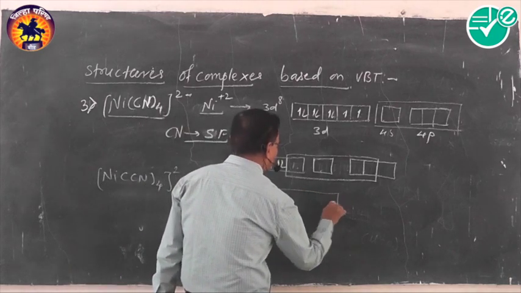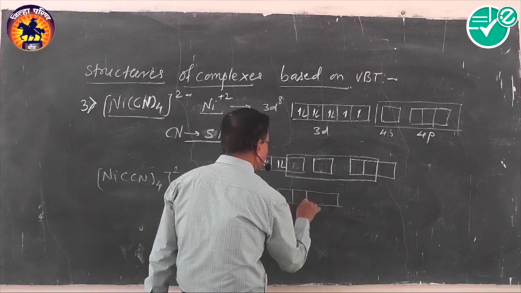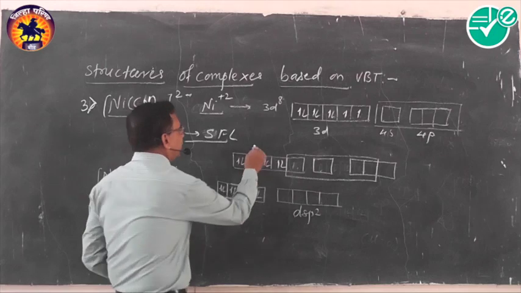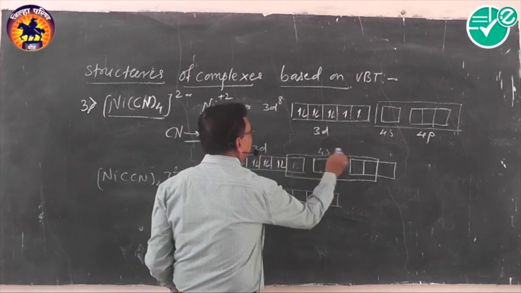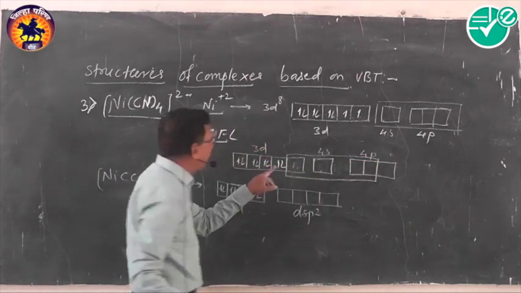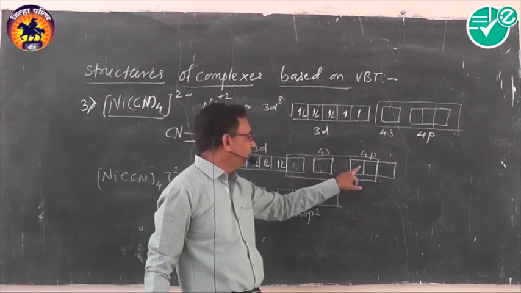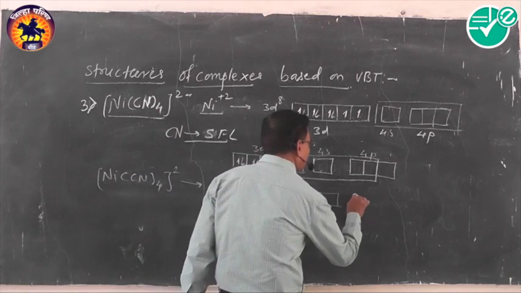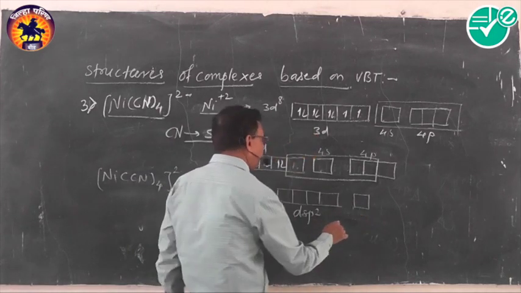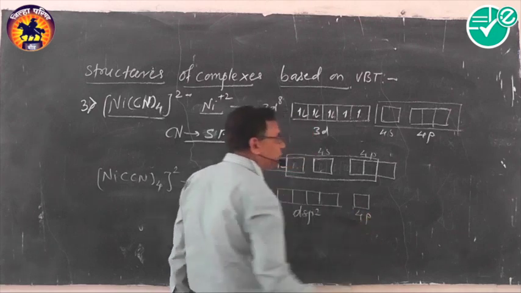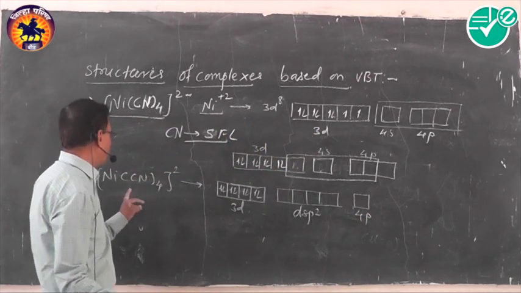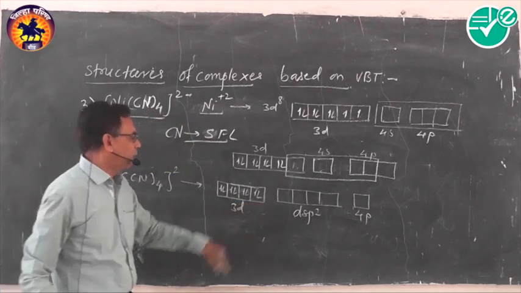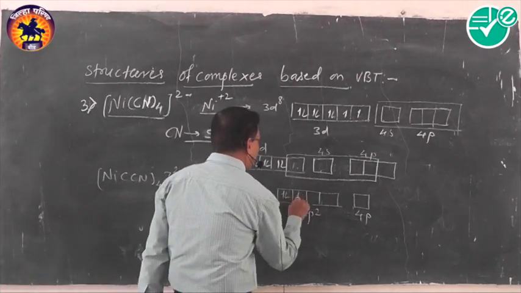And these are the 4 orbitals having dsp2 hybridization. This is 3d, this is 4s, and this is 4p. The 1 d, 1 s, and 2 p orbitals undergo hybridization and form dsp2 hybridization, and this one is the 4p orbital. So in the electronic configuration, this CN minus donates the electron pair to the vacant orbitals of the nickel and forms